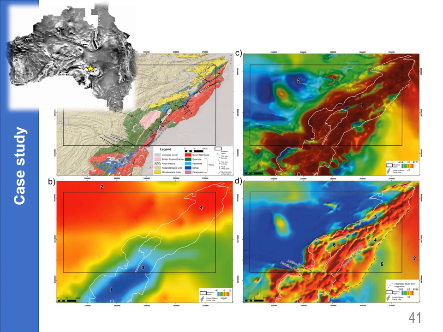The second case study I want to talk about is the Mount Painter Inlier, which temporally overlaps with the Mount Woods Inlier in terms of its evolutionary aspects and deformation history. The Proterozoic elements of the Mount Painter Inlier are localised in the northern Curnamona Province, positioned up here where this yellow star is, and it's a northeast trending belt of Proterozoic rocks that were deposited at the start of the Mesoproterozoic. The geophysical data sets are okay.